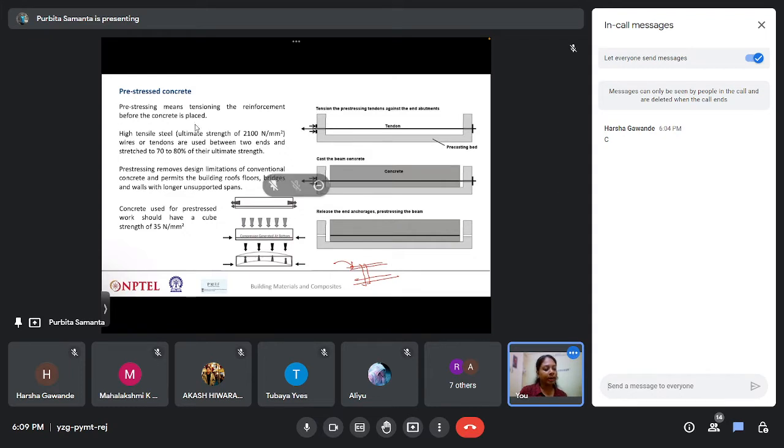If you just think, I'll just try to show you, just look over here. So if you just consider this to be a concrete beam. So if reinforcements are not there, what will happen? There will be deflection, right? So this kind of sagging will happen. So in order to avoid this, what happens? We provide